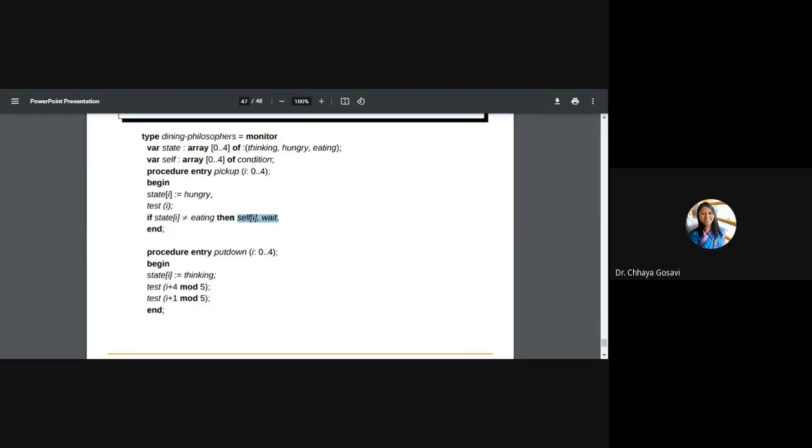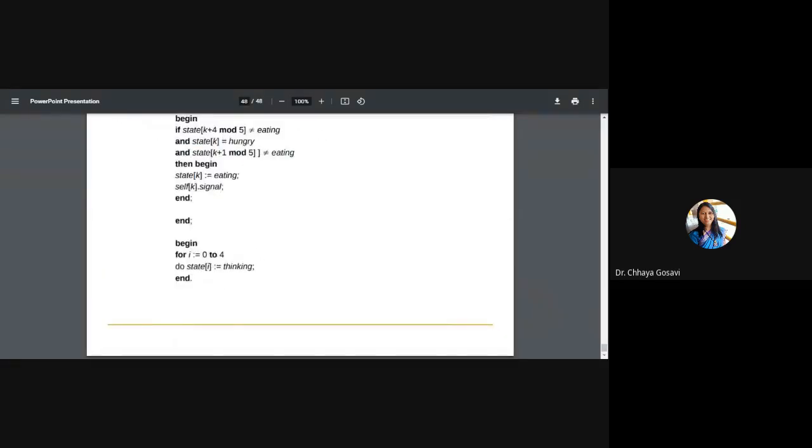And in case of put down, the state should be thinking to put down the fork, make the state eating, and check what the left hand side and right hand side are doing. So this is how we can write a monitor like a data structure which has access to all these semaphores and proceeds with the processes which want to access these variables. This is begin and end. First start thinking, and whenever the state is hungry, start eating. And before eating, check whether the left hand side or right hand side philosopher is eating or thinking.